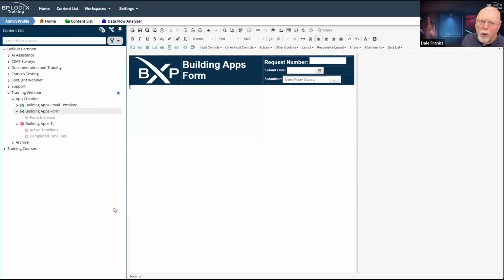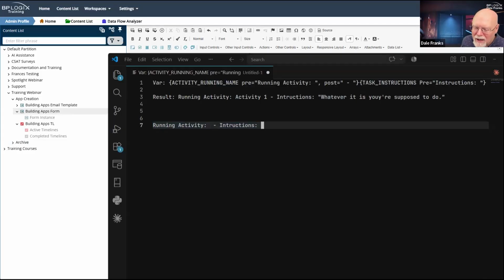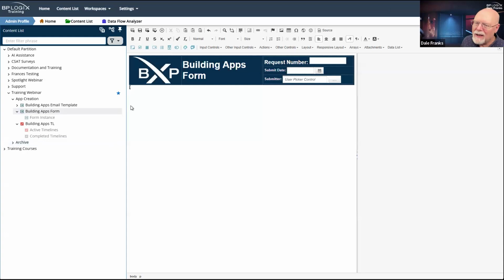That's why I'm using it, because I only want to show it, because whenever the form opens up, I don't want to see that. If I'm the user, that looks dumb. And if I've finished the process and my request has been approved, that looks dumb too. I still don't want to show that. At the end of the day, I want to hide these in the section control, in the embedded section control.